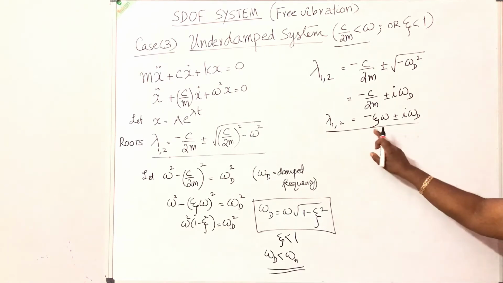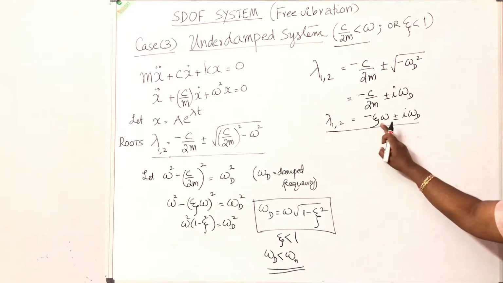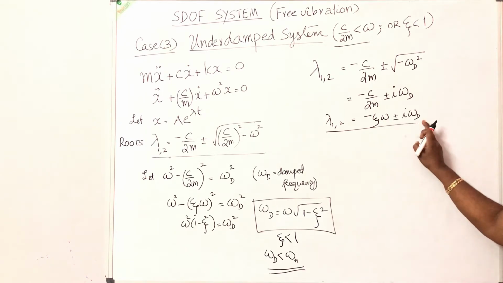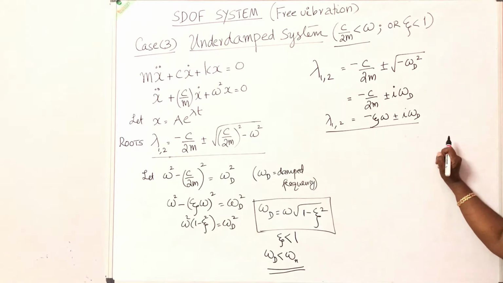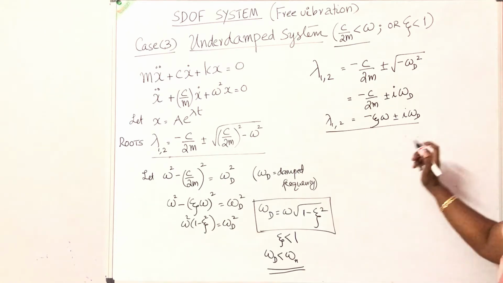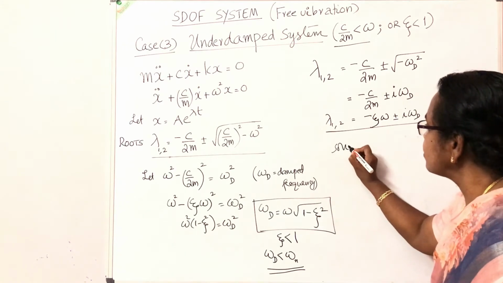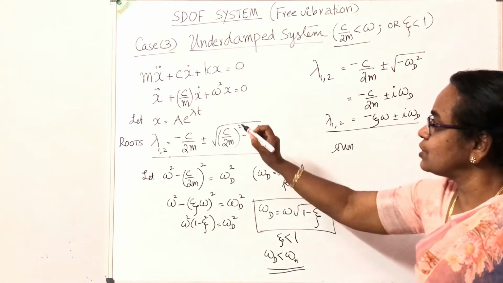So the two roots are two different roots. The first root is minus psi omega plus i omega d, and the second root is minus psi omega minus i omega d. So there are two different roots, and the solution to this equation